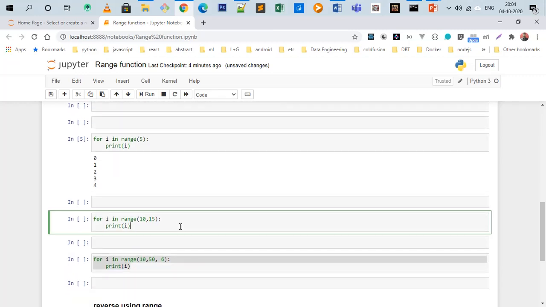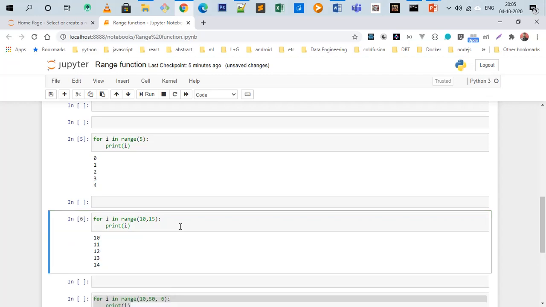So guys, I don't want to start from 0. I have a situation where I want to start from another value, like I want to start from number 1 and go to number 2 and increment by 1. Something like I want to start from 50 and go to 80. So in this example, I'm starting from 10 and I will go to 15. That means the first item in this output will be 10, 11, 12, 13, and 14. So it is starting from 10 and it is going to n minus 1, 15 minus 1, 14.